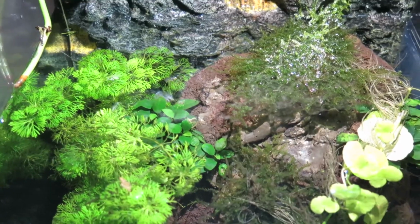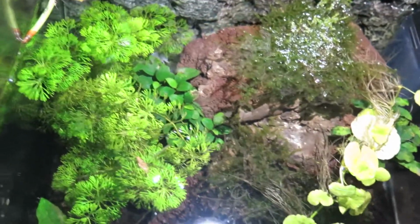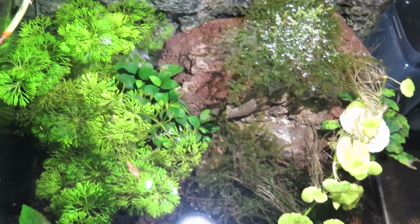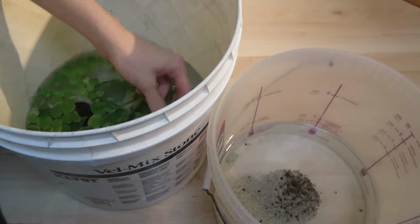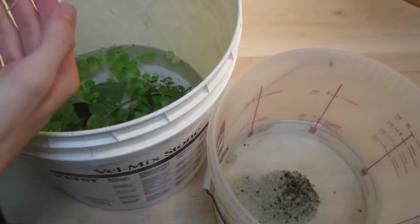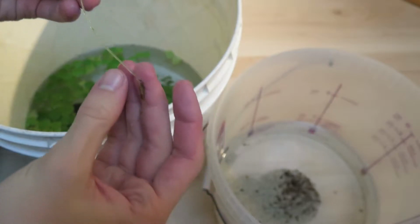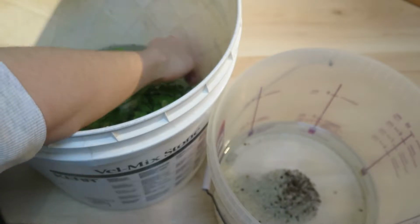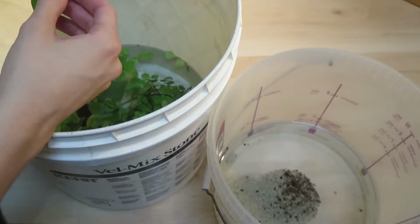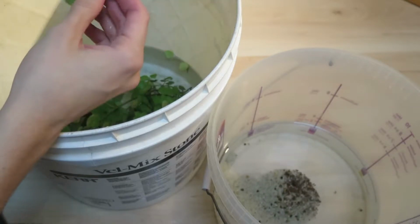So yeah, now I will try to clean all the other plants here, and then we will fix the frogbit, remove the dead roots and stuff like that. Stay tuned. So now we basically have to clean the frogbit here. As you can see, right here the root is dying off, and that puts nutrients inside of the water which we don't want. In a bigger tank I bet this wouldn't be a problem, because there are more other plants